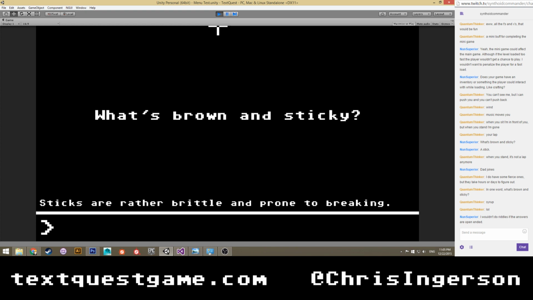So I feel like pairing riddles with crosswords, or not crosswords, with word searches or something, maybe that would be better. I don't know.